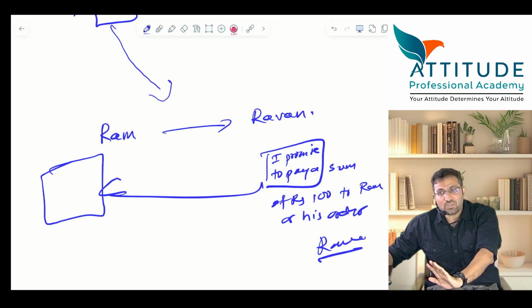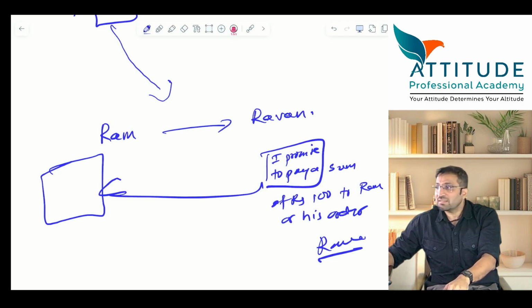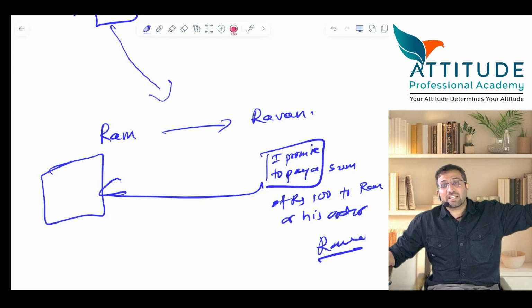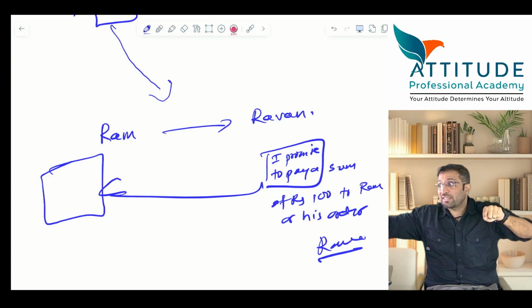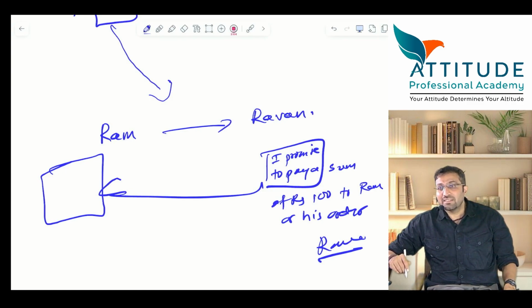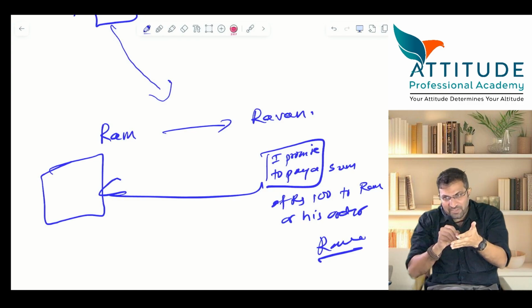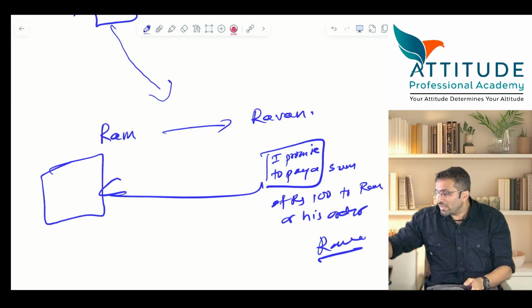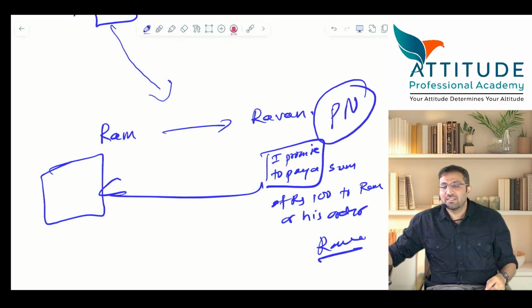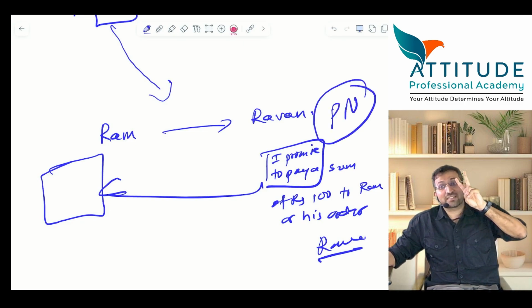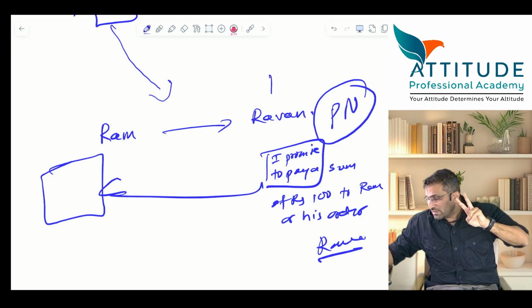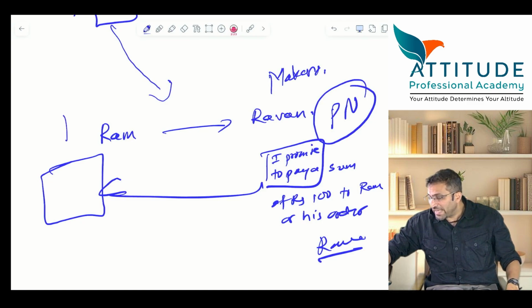This is also bills of exchange only, but थोड़ा तरीका बदल गया ना. अरे yes, in bills of exchange, Ram draws it. Ravan has to accept it and give it back. Either Ravan, he himself, the debtor, he himself is writing the letter. So this is known as promissory note. In promissory note, there are only 2 parties. One is maker, maker of the promissory note or drawer. Another is payee.